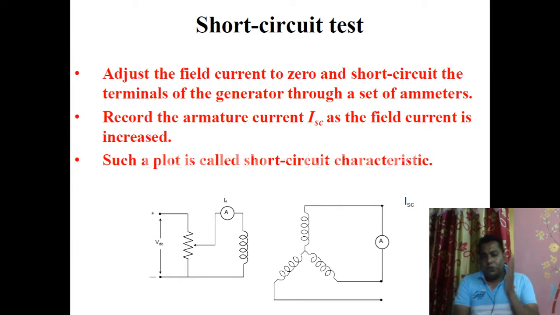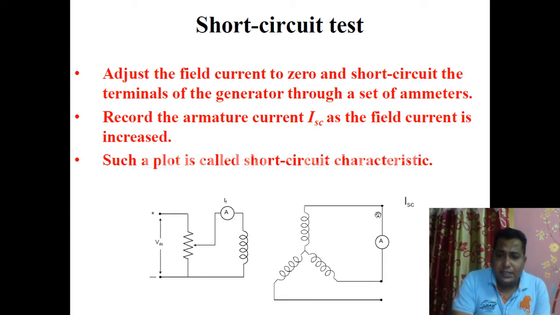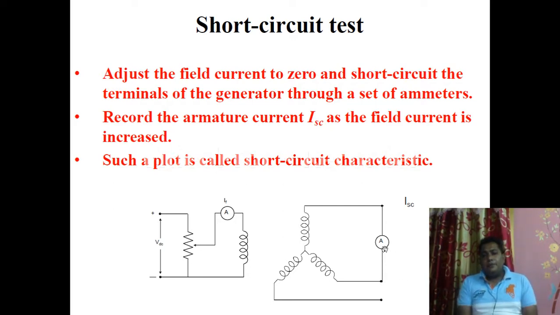Now, as the name suggests, this is a short circuit test, so the terminal will be shorted. As you can see, follow my pointer, the armature winding three-phase terminals are shorted by an ammeter. When shorted, there is a closed loop, so current obviously flows. With the increasing field current value, flux cutting increases. When the flux cutting increases, the EMF generation increases. When the EMF generation increases, the current flowing through the short circuit path increases. We note it down and plot it on graph paper, and that characteristic is known as the short circuit characteristics.